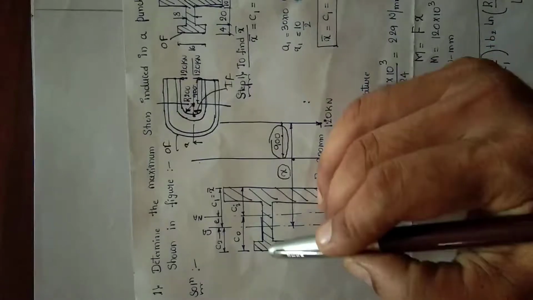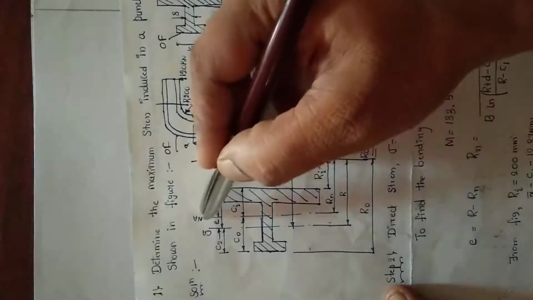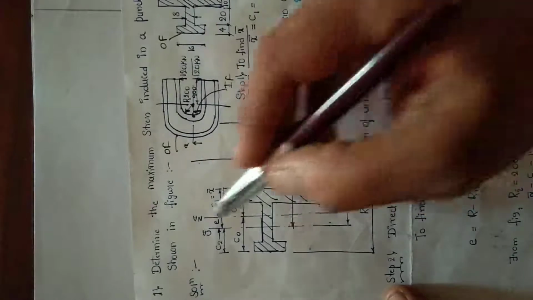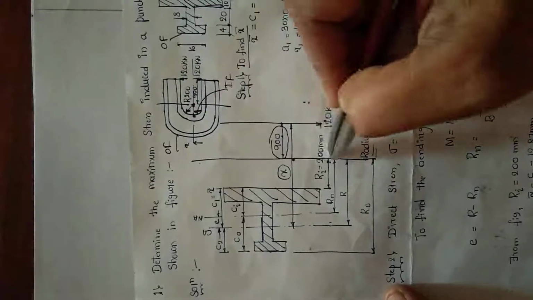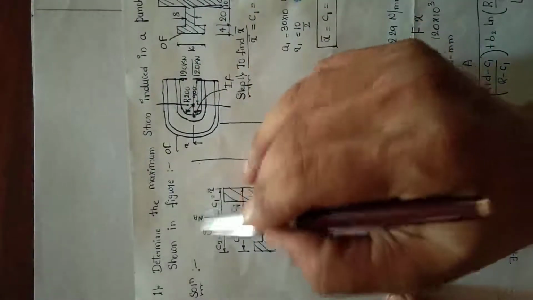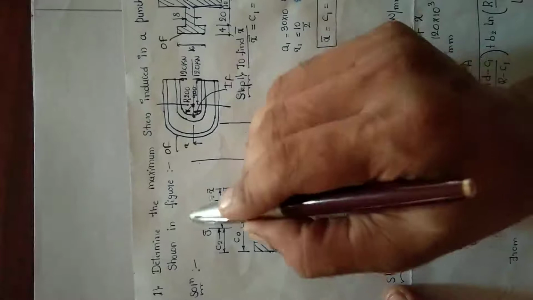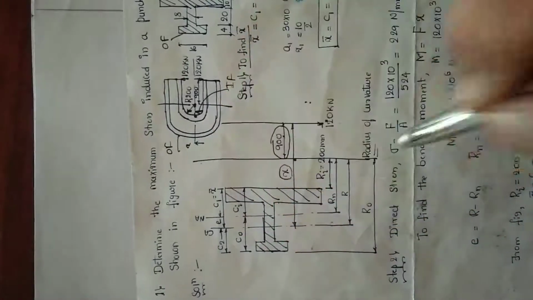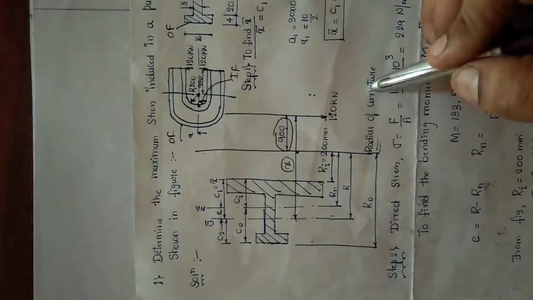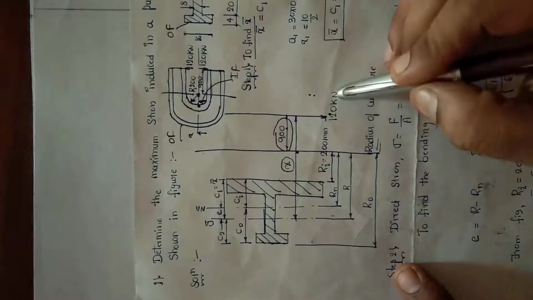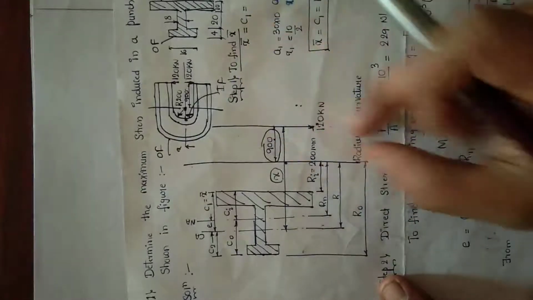Before this, we are going to draw the section. Here we need to draw two axes: one is the centroidal axis and the other is the neutral axis. Remember one thing: the neutral axis is always nearer to the radius of curvature. The radius of curvature is here, so the neutral axis will be near to it. You are not supposed to draw the neutral axis away from this, with the centroidal axis here. So always the neutral axis should be nearer to the radius of curvature. Here we have the centroidal axis and neutral axis, and the load of 120 kilonewton. You can observe the application of load is far away from the radius of curvature.